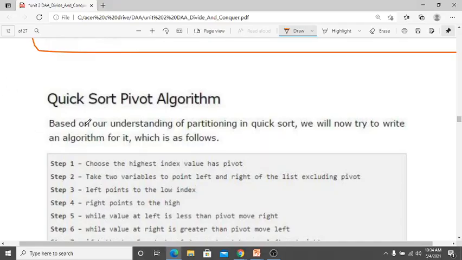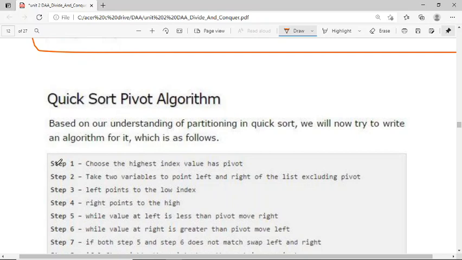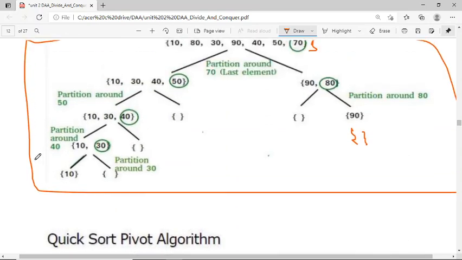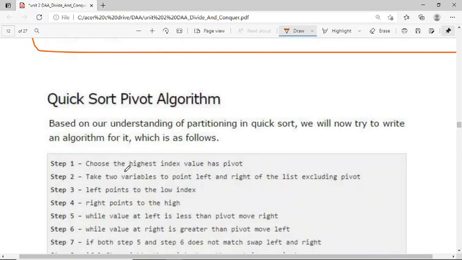So here in the quick sort pivot algorithm, whatever operation we are doing here, the same thing we are writing here in the steps. Based on understanding the partition of quick sort, we will now try to write an algorithm for it. First, choose the highest index value as pivot, meaning the right-hand side.